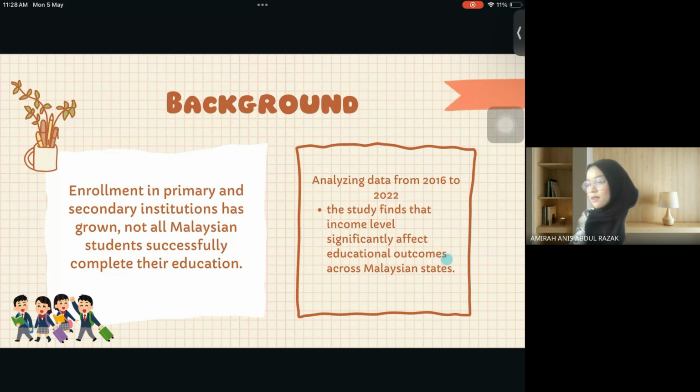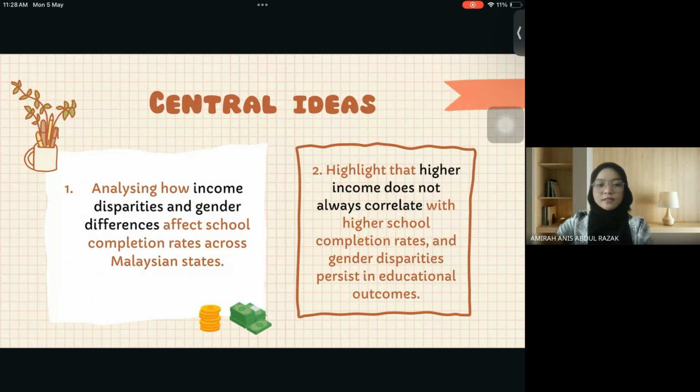So the central idea is analyzing how income disparities and gender differences affect school completion rates across states. Utilizing machine learning techniques such as clustering, modeling, and regression for forecasting, the study identifies significant variation in educational attainment that links to socio-economic factors. The findings highlight that higher income does not always correlate with higher school completion rate, and disparities always persist in educational outcomes. The study concludes by recommending targeted policy intervention to address this issue. So next